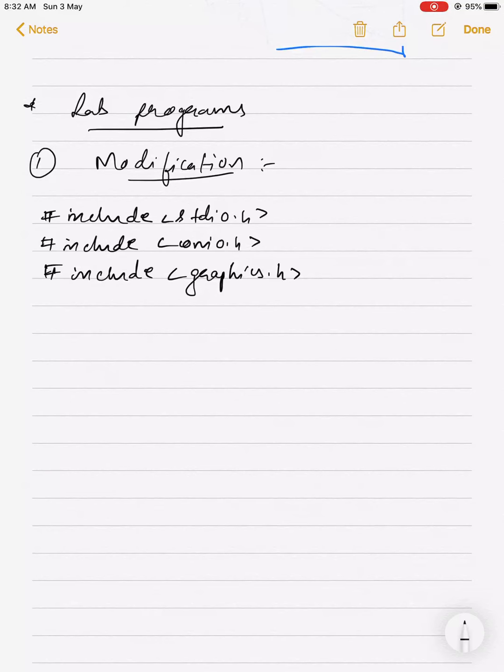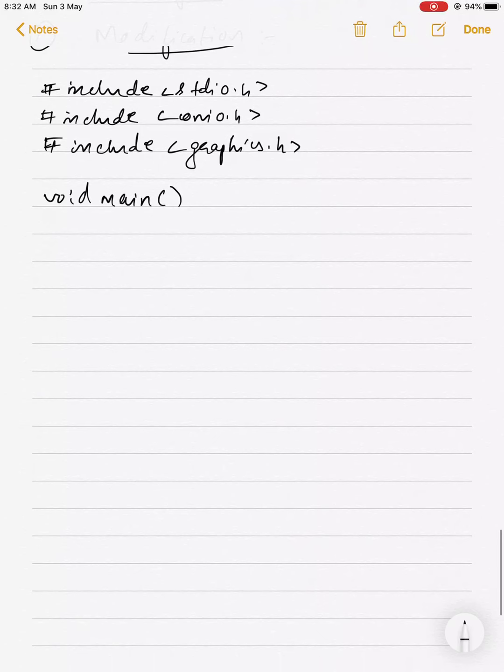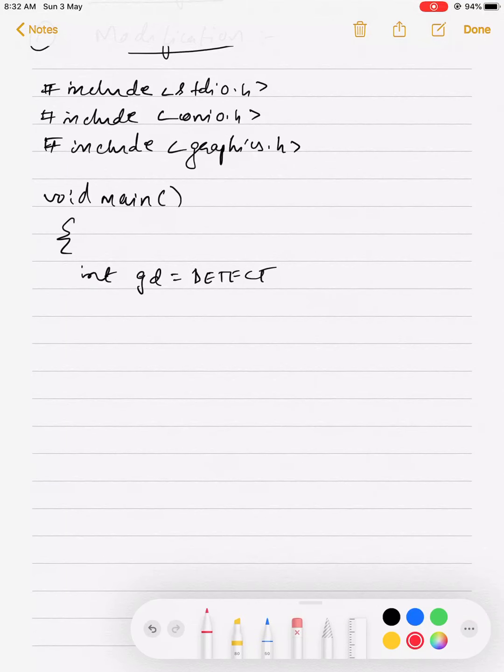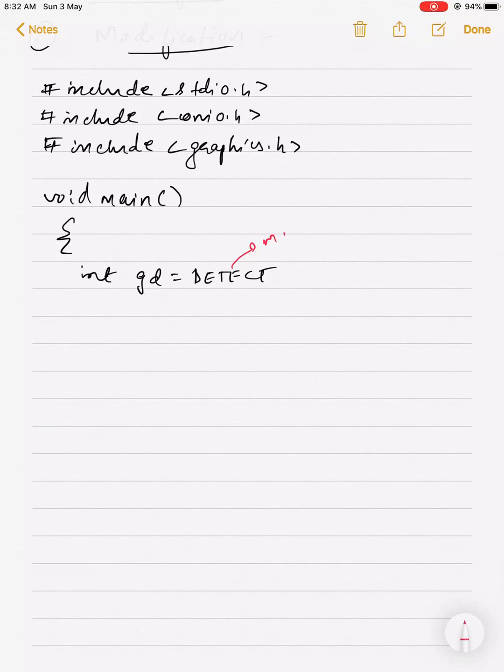Okay, so now first step, void main. After that, integer gd. See, I'm directly initializing gd is equal to detect, because in the last class also I mentioned we need to write detect, because detect is kind of a macro which helps to check the monitor type.